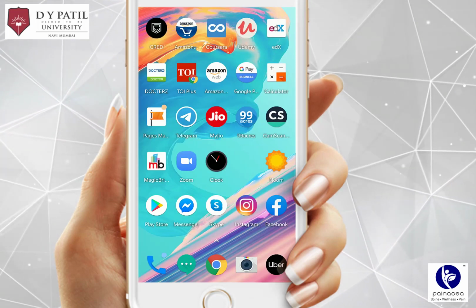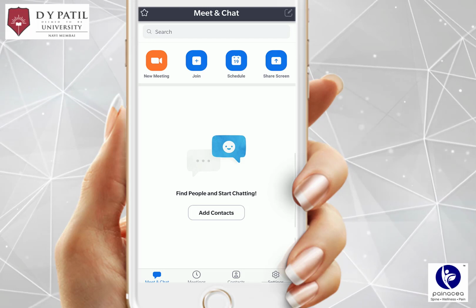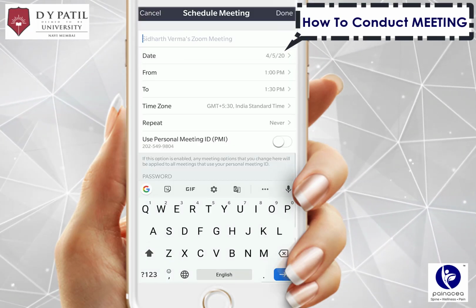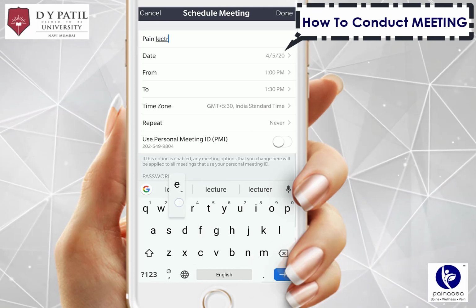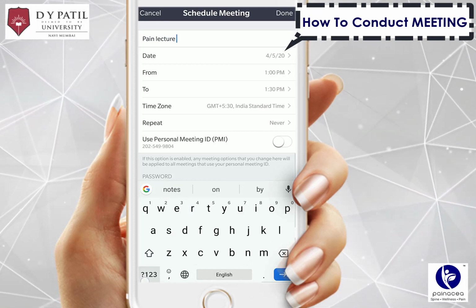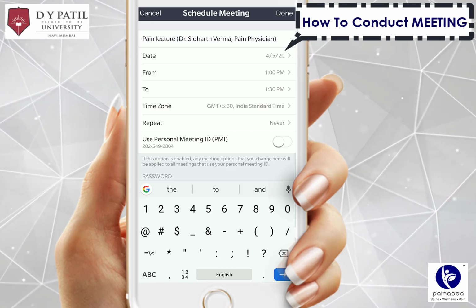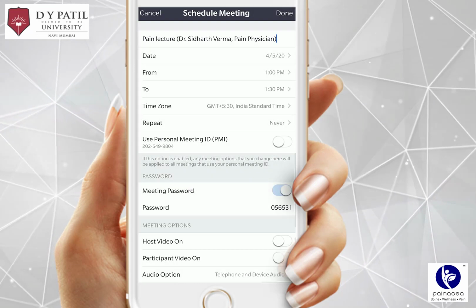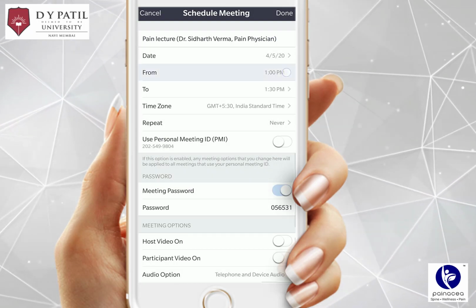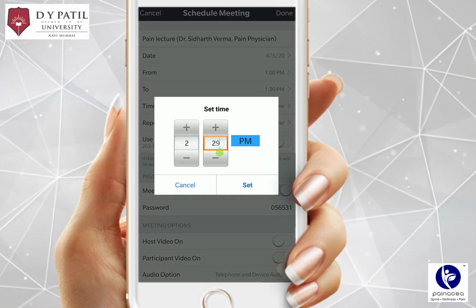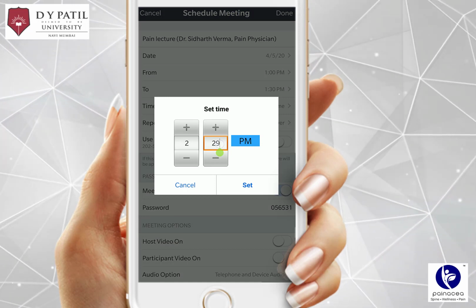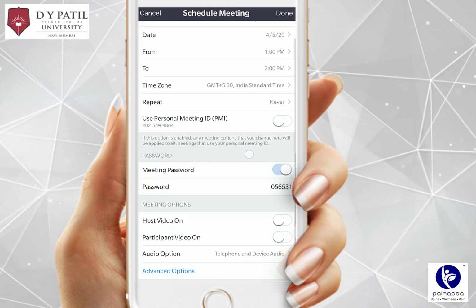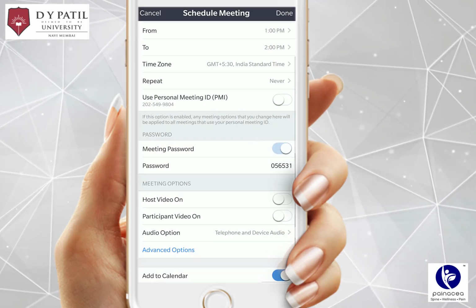Now let's see how we can actually conduct a meeting ourselves. So you go on schedule. Whenever you want to schedule a lecture, just go on schedule meeting, then you type the lecture topic. It's just like the computer, how you do it on your laptop. Same on mobile, only the interface is different. Just set the options, the date, the timing, from, to, time zone. You select the timings, just click on set, and then you can select the time zone, select the other